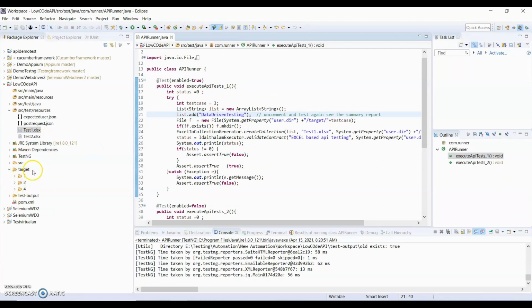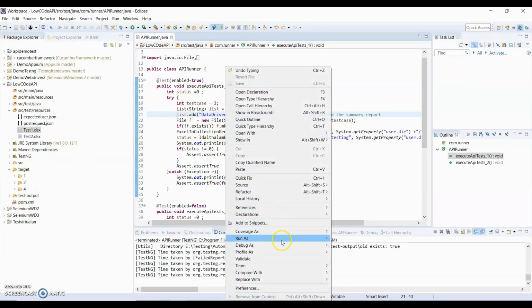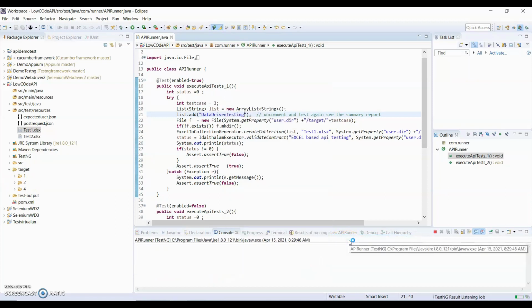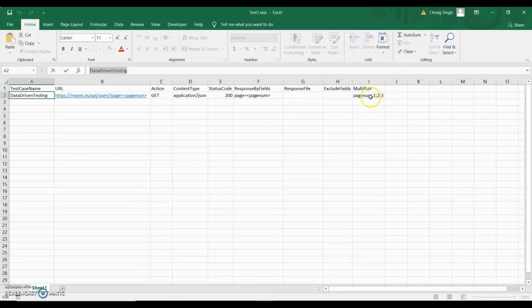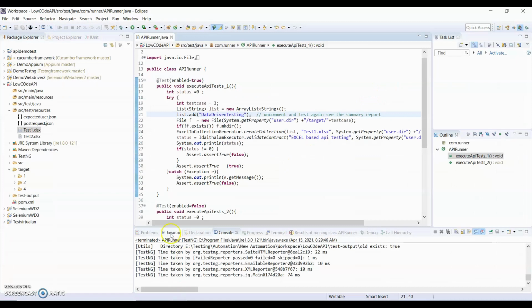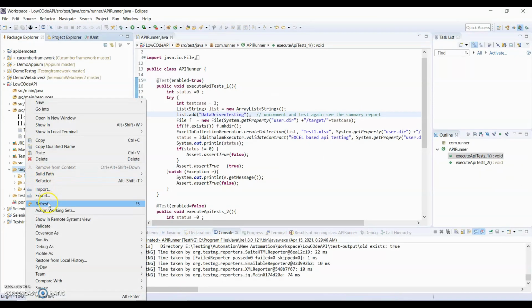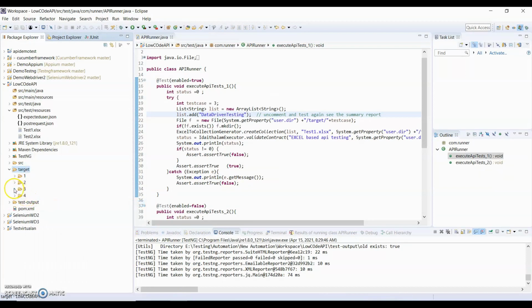You can see there are no test case folders there. When I run this, I will get a test case folder here. You can see we just took a column, multi-run, and we have parameterized our test cases. Let this finish, then we will see whether it works correctly or not. Let me refresh this. You can see the third test case folder comes here.